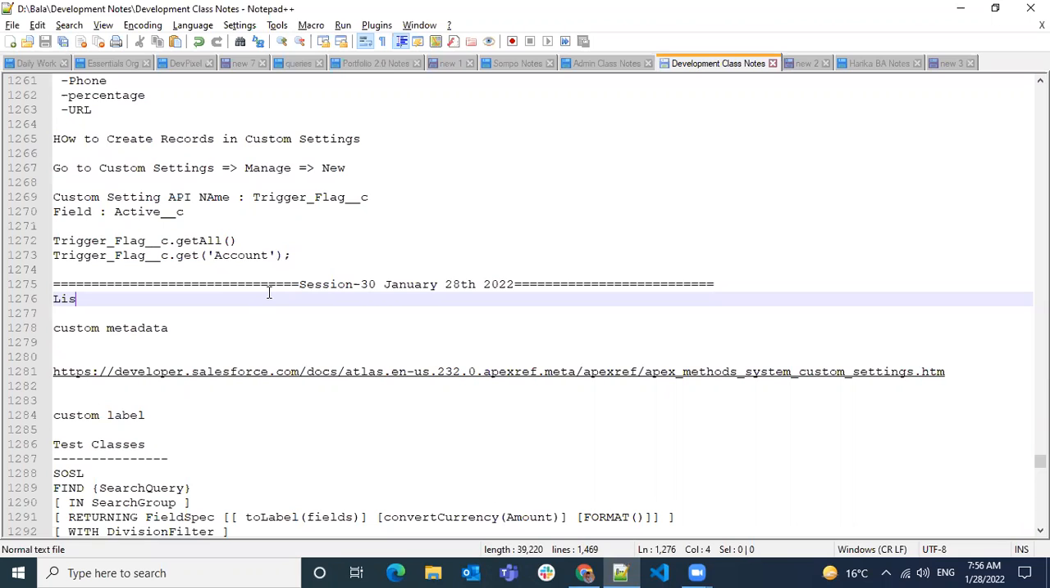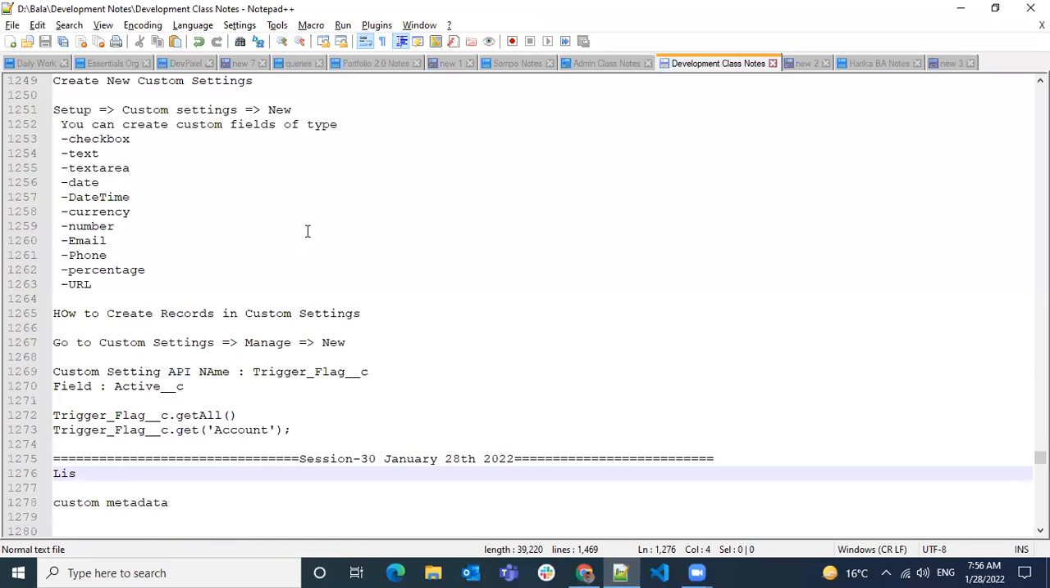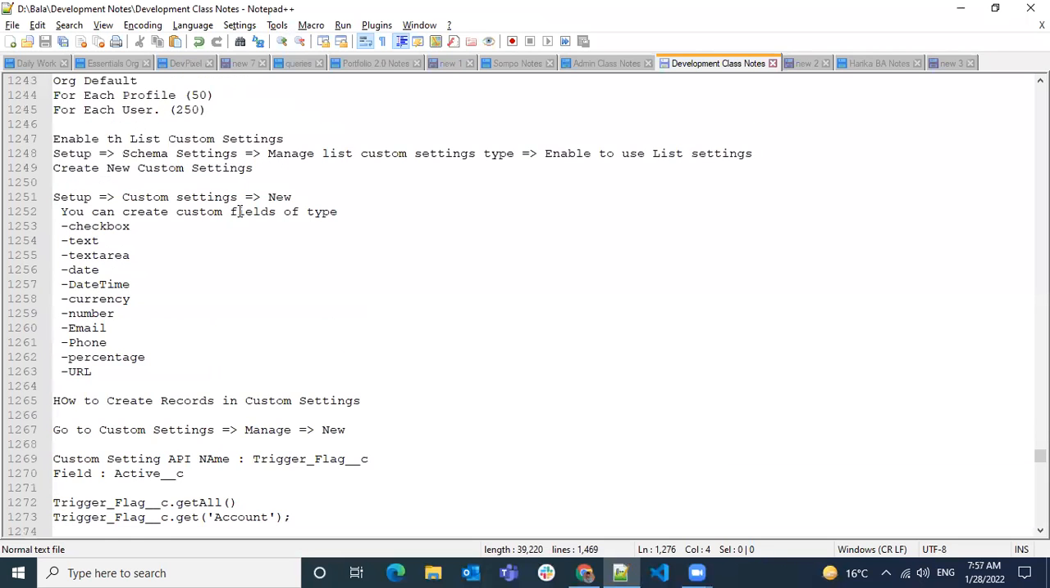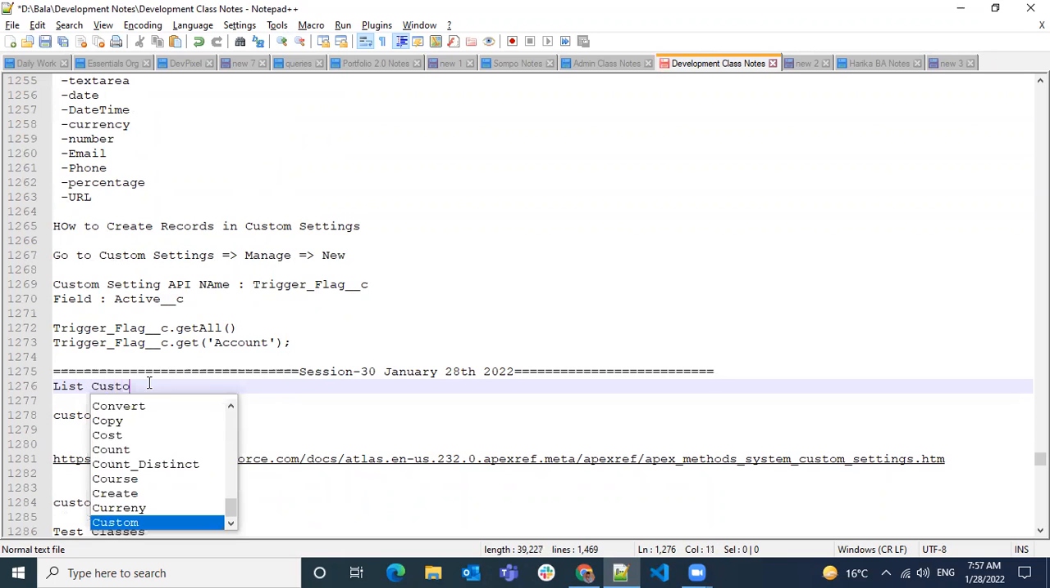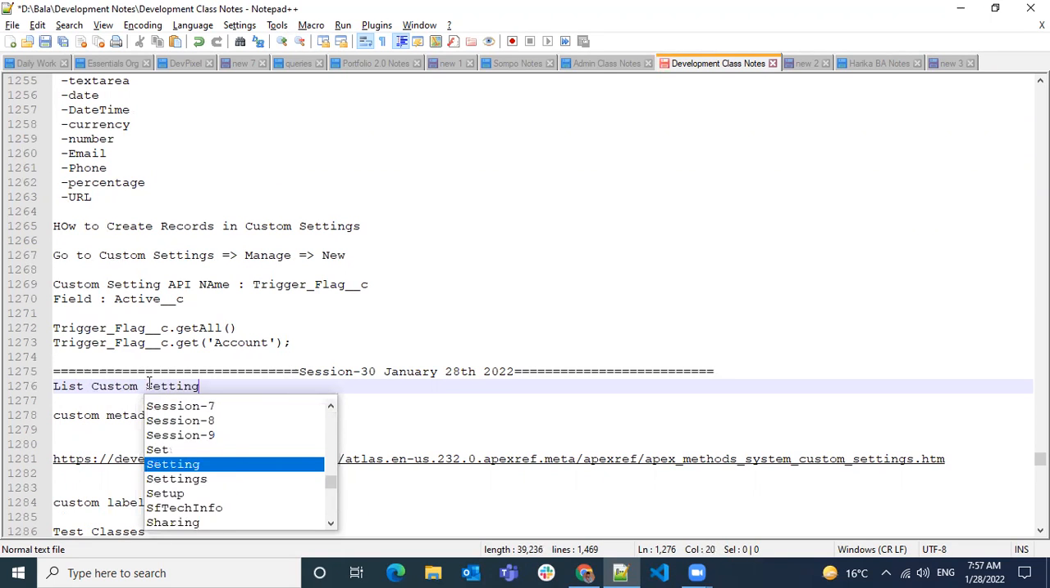Okay, yesterday we have seen custom settings, and in that we explained a list custom setting. When we have a list custom setting and some data, how do we get the data without a SOQL query? That we're going to see. So, list custom settings